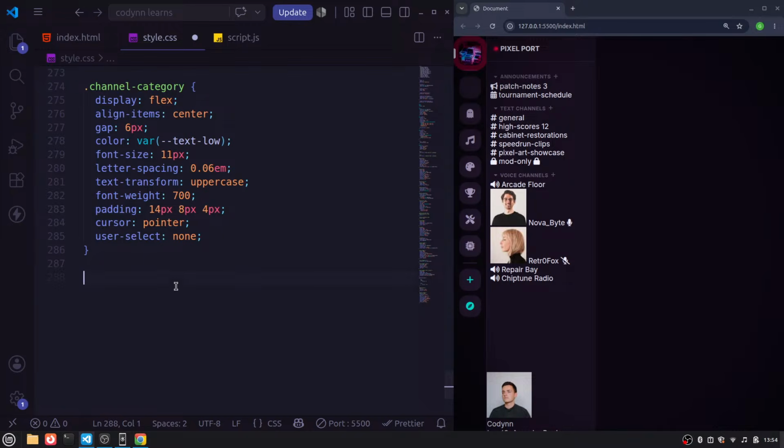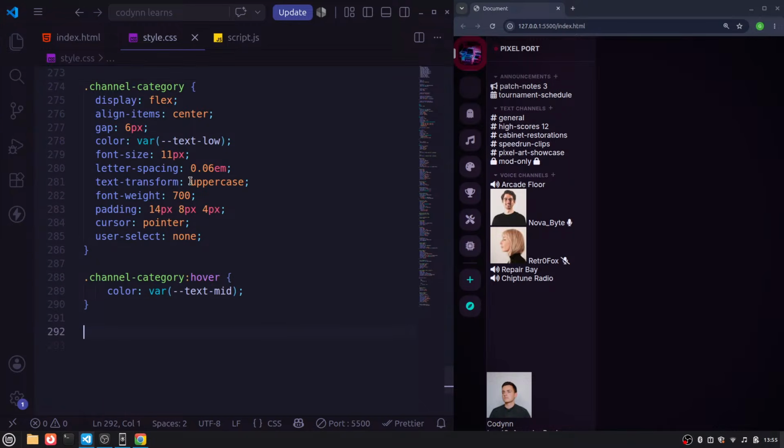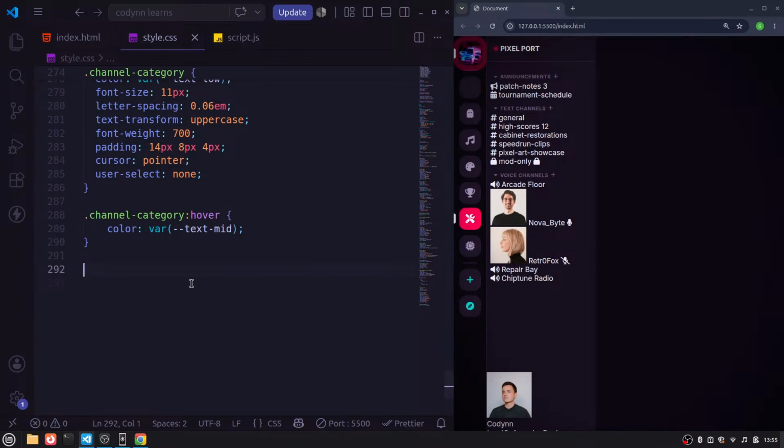Now for hover, I'm just going to make the color to be text mid for category, right? It will just be highlighted a little bit more. For channel category, all right,